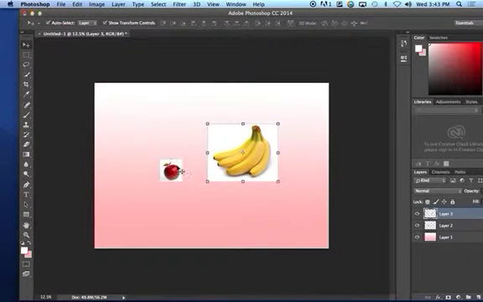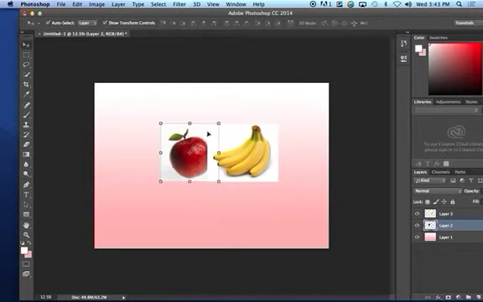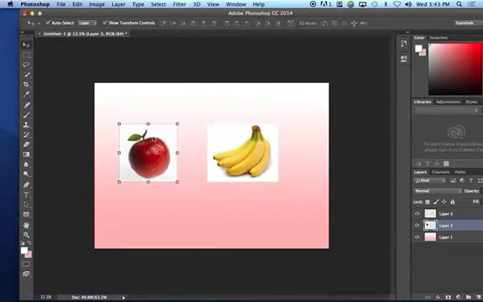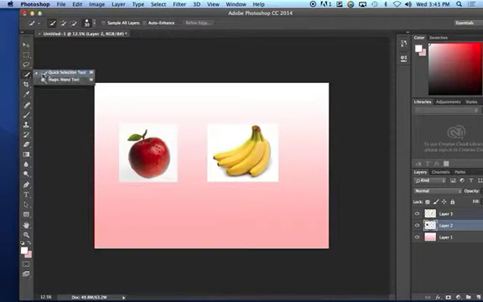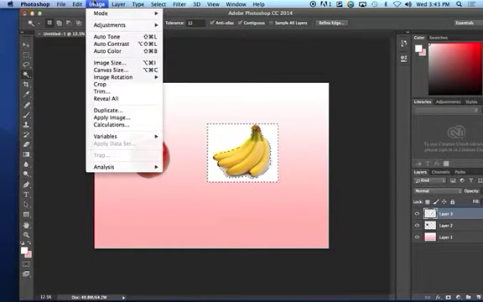Let's say I wanted to remove the background of these images. I would go to W, which will open up my quick selection tool. I change it to the magic wand. I delete everything around the apple. I go onto the bananas. I delete everything. If I want to ensure that I definitely have everything, then I could say